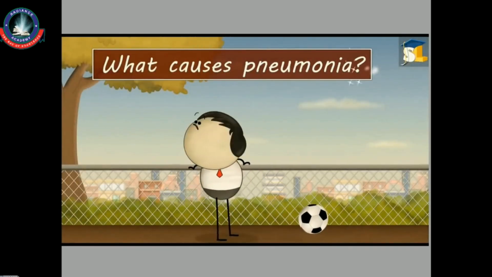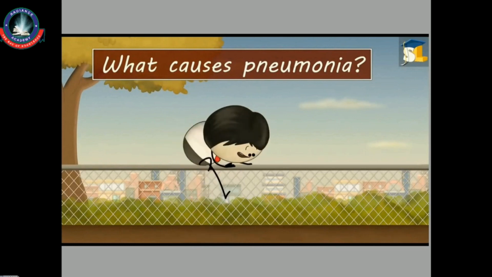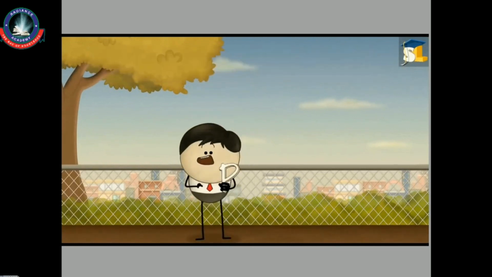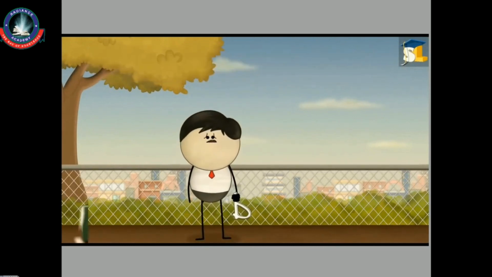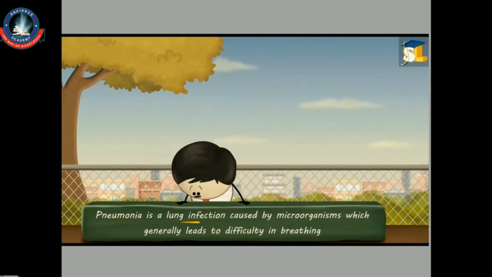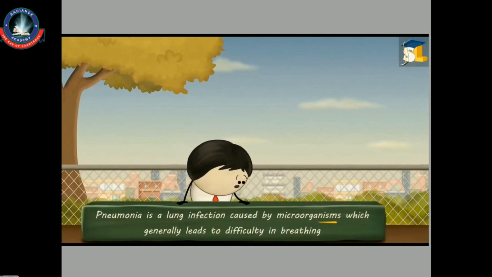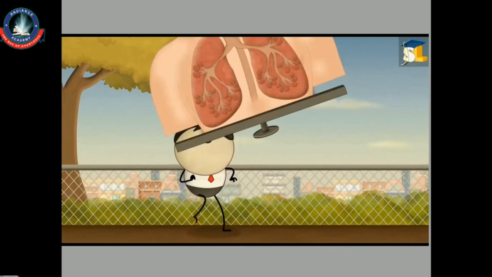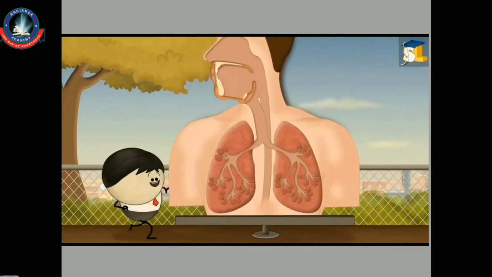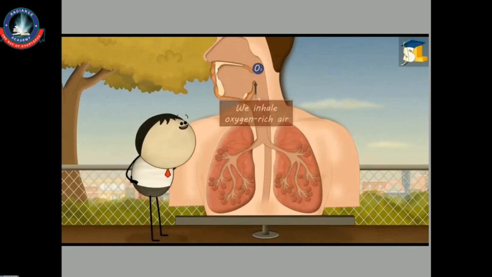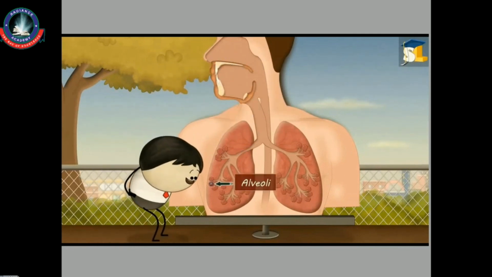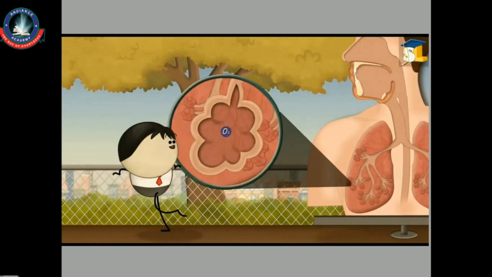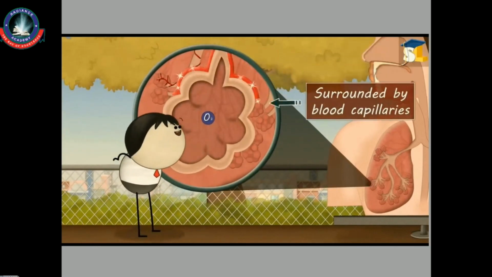So basically, pneumonia is a lung infection which is caused by a microorganism which generally leads to difficulty in breathing. Now how is that possible? Usually when we inhale oxygen, it goes into the lungs and it diffuses into the alveoli. Alveoli is surrounded by capillary. This oxygen diffuses into the capillary through the alveoli walls and enters the bloodstream, and it gets supplied to different